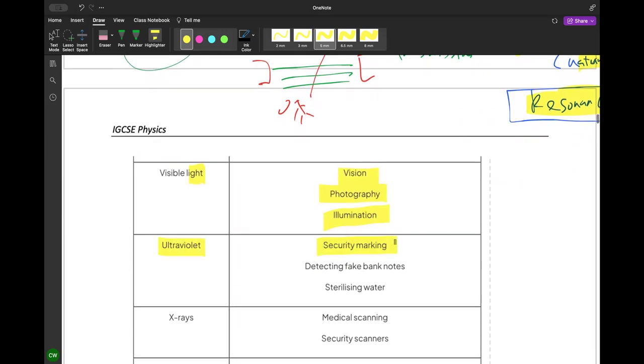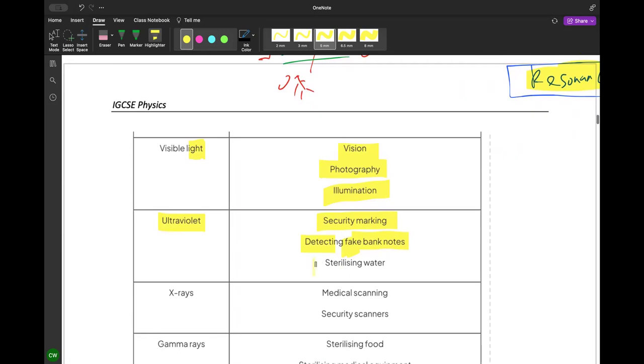Ultraviolet security marking. What is security marking? That means for security marking. So this one maybe you know lah, detecting the fake notes. So normally if you want to pay 100, how do they know your 100 is a real money or fake money? They use this violet to check. 看没有假钞啊，假钞 fake banknotes 钞票。